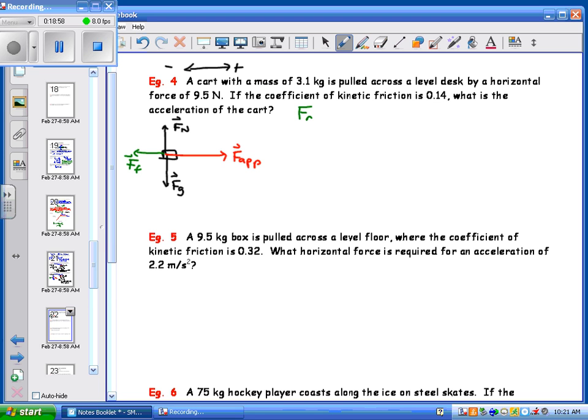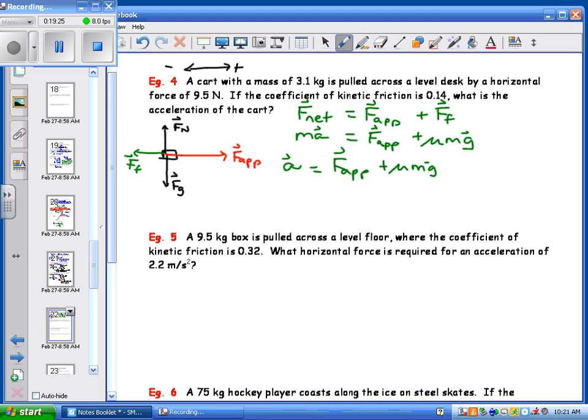So we have F net equals F applied plus Ff. So in this step, we'll fill in what formulas we know. F net is mass times acceleration. F applied is just a force that we're given, plus mu times m times g. So acceleration equals F applied plus mu times m times g divided by mass, which is 9.5 newtons plus 0.14